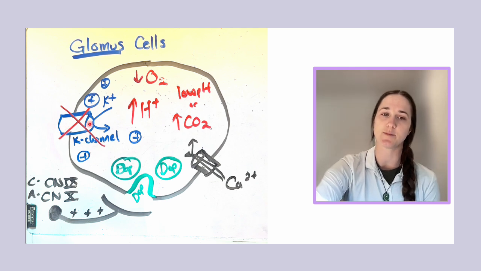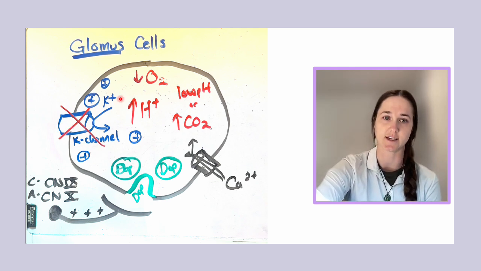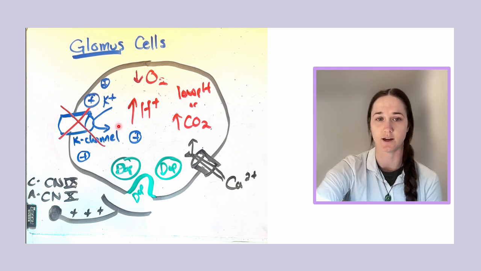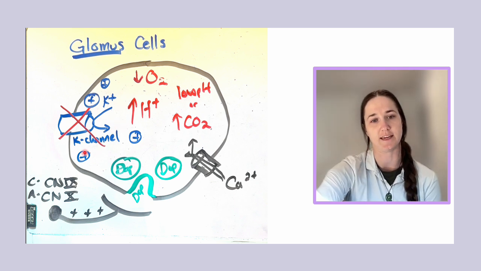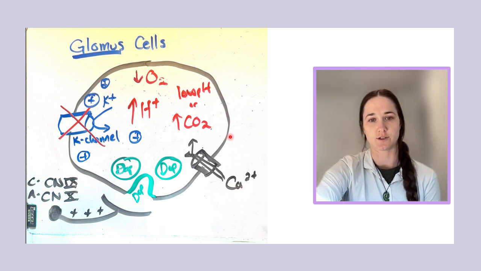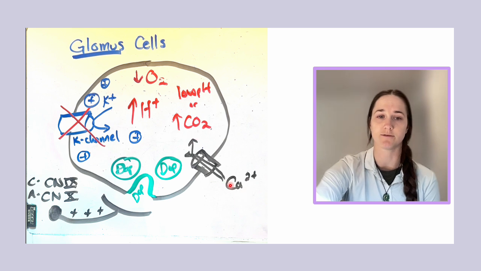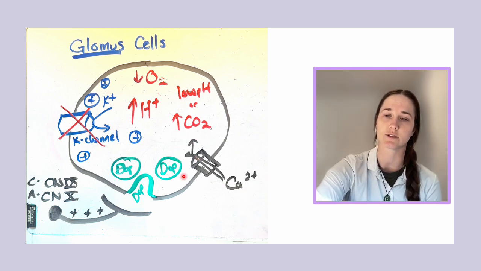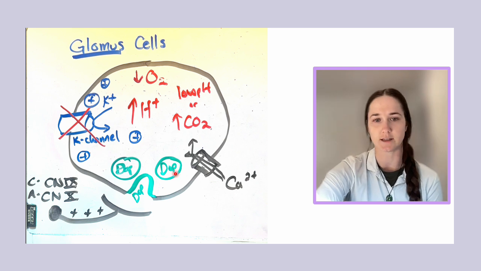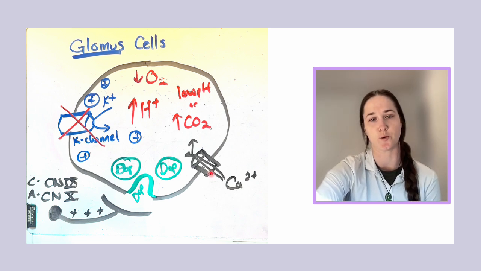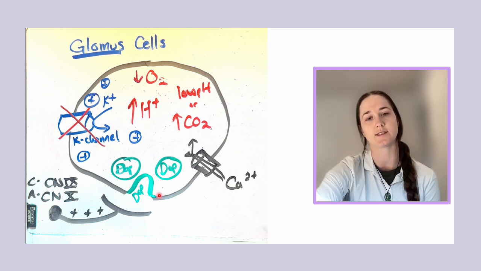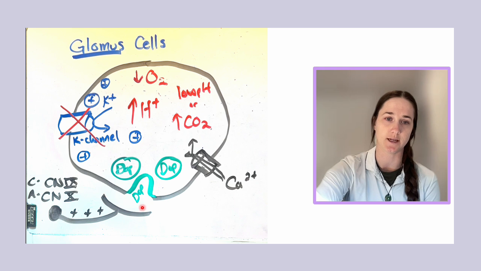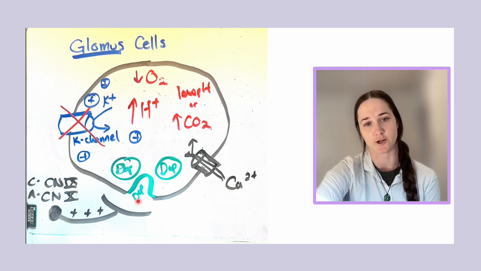When this potassium channel is deactivated, it does not allow the potassium to exit the glomus cell, so we get a more positive charge on the inside of the cell. When that happens, these calcium ion-gated channels will open up and allow calcium to flood in. These green circles here are basically vesicles of the neurotransmitter dopamine. When calcium floods into the cell, it activates these dopamine vesicles to fuse with the cell wall of the glomus cell to release the dopamine into this gap here to activate the nerve